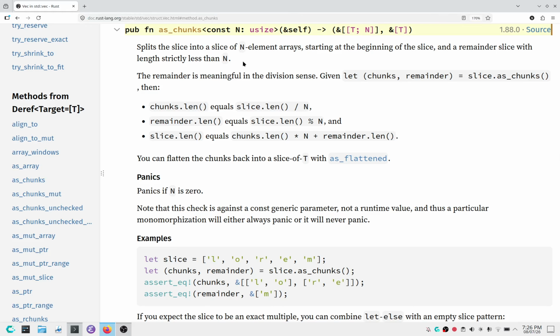So, be patient. There is no shortcut to learning the language in detail. You have to go through the documentation. There are no shortcuts. So, as_chunks takes an argument. Okay, this is the size. All right. So, it splits the slice